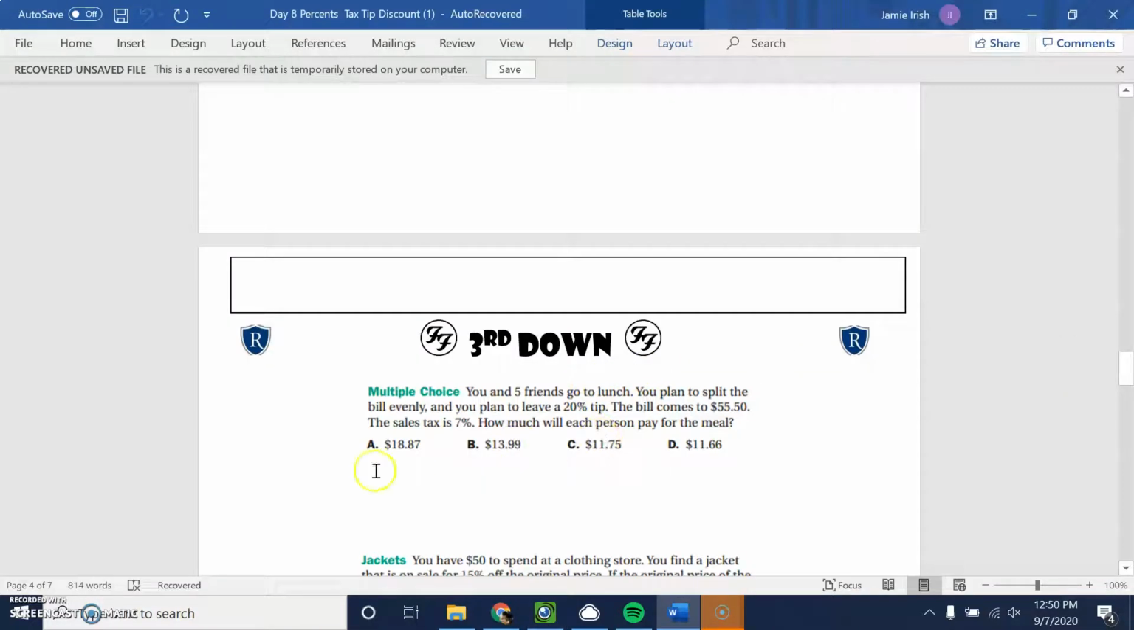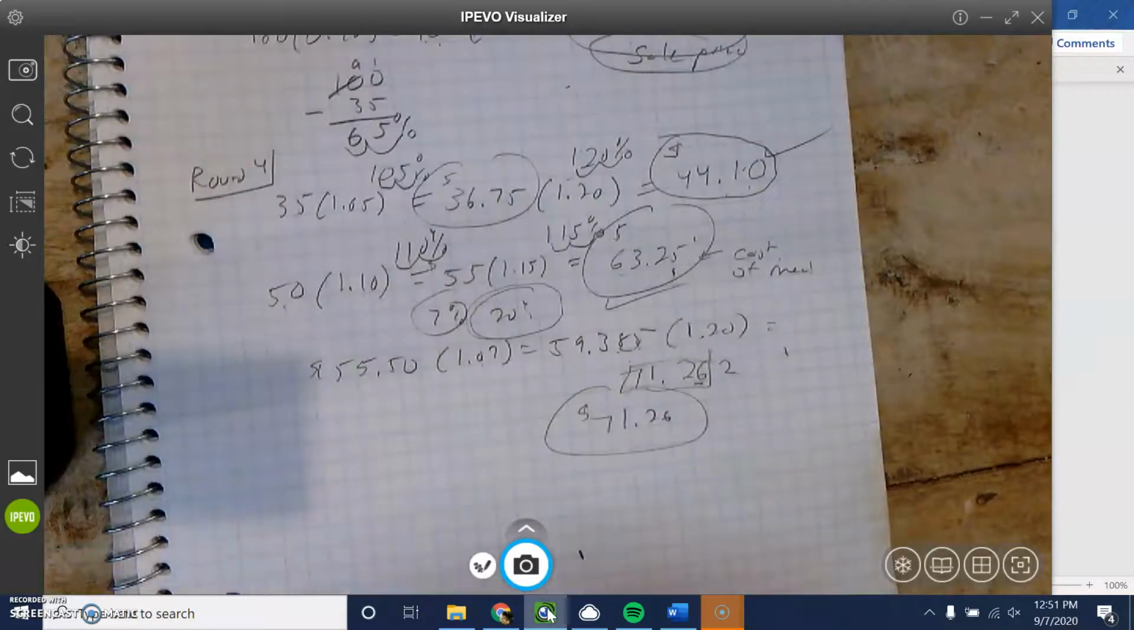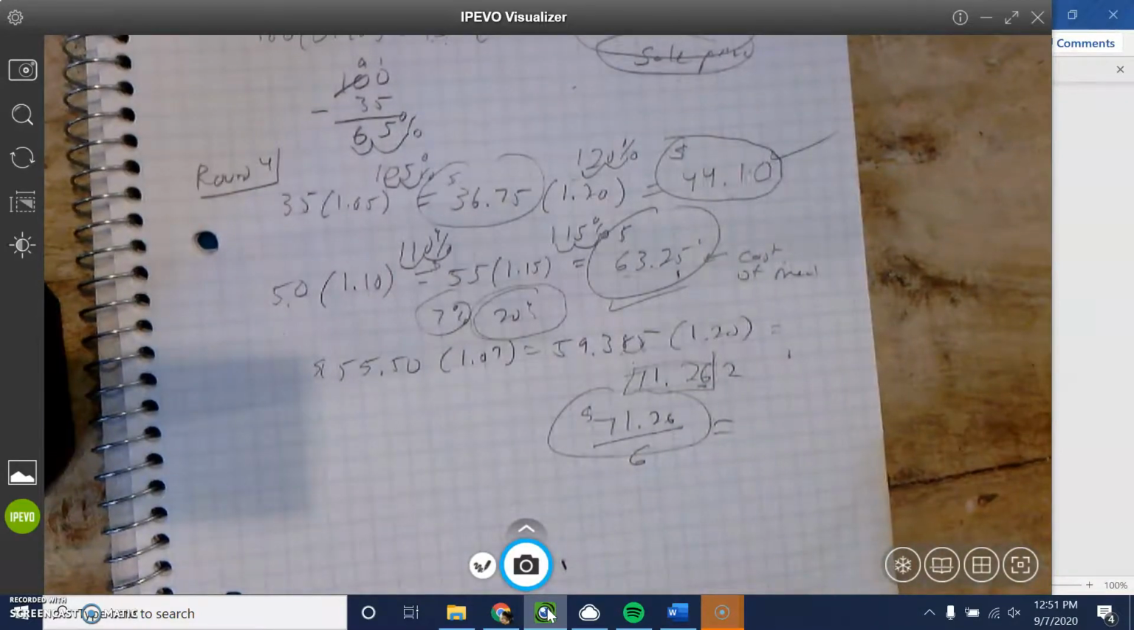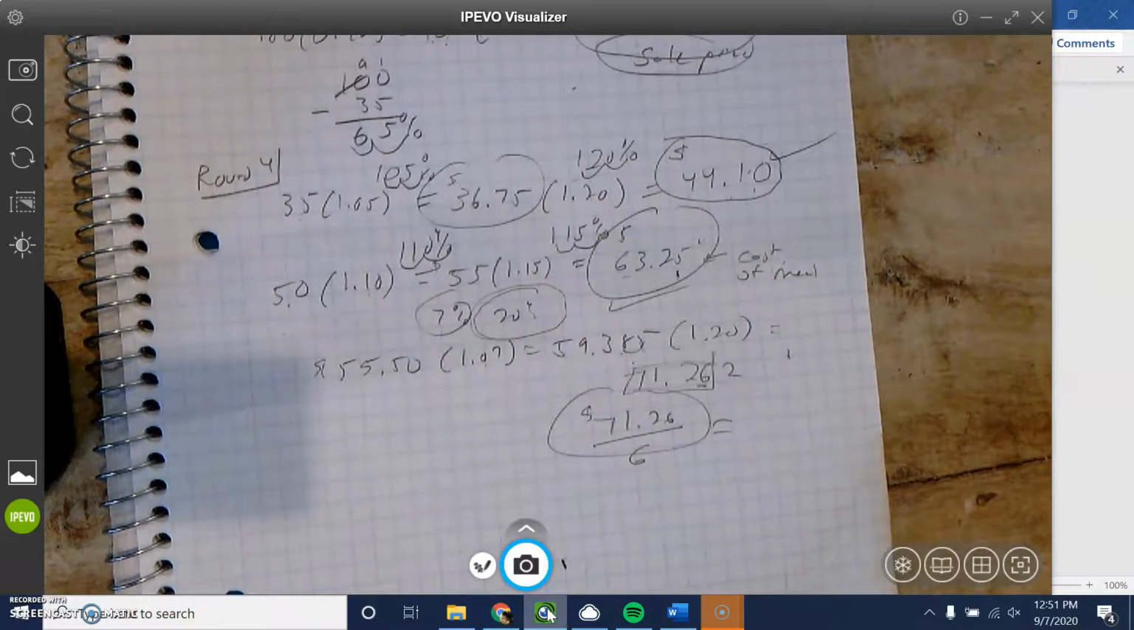Now, I don't see that anywhere. Oh, question. Always important to read the question, right? How much will each person pay for the meal? So you and 5 friends go to lunch. So that is 6 people. So I need to divide this by 6. People can divide by 5 and get it wrong. I'm going to divide it by 6 because it says you and 5 friends. So divide by 6, and you get